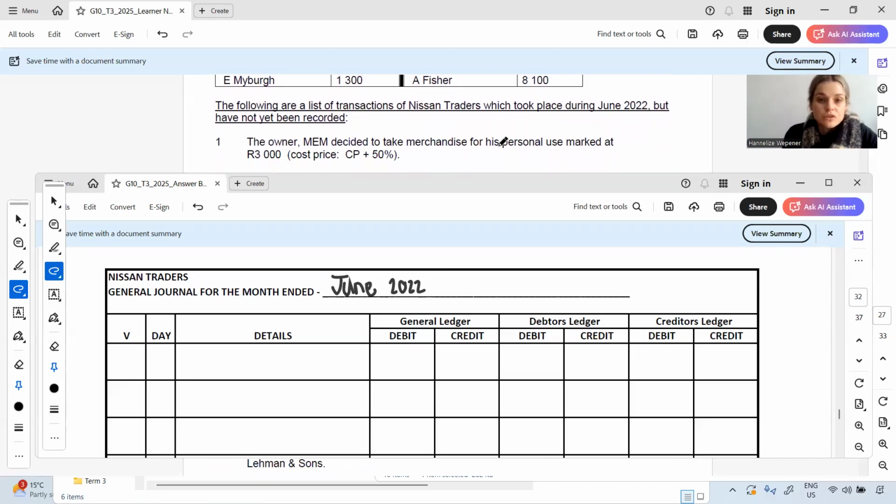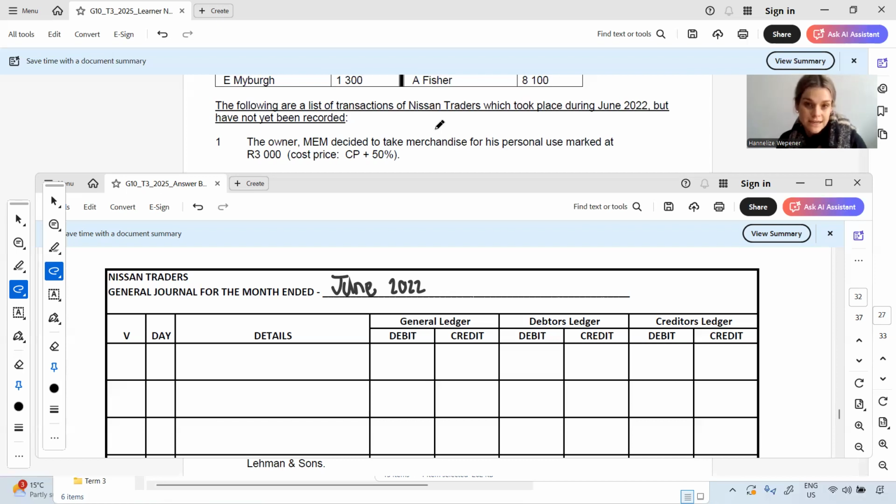On the 1st of June, the owner decided to take merchandise, in other words trading stock, for personal use marked at 3,000 Rand. You must remember that whenever the owner withdraws any of the stock, he always does so at cost. So if it is marked at 3,000, it means that is the price that we have on that item on the shelf for people to buy. So we must first calculate the cost of the trading stock in order for us to